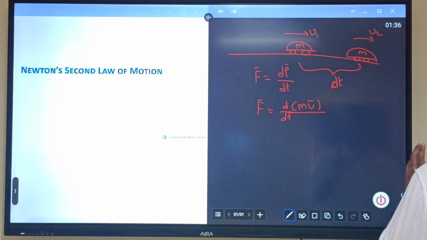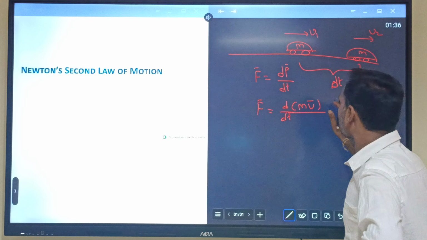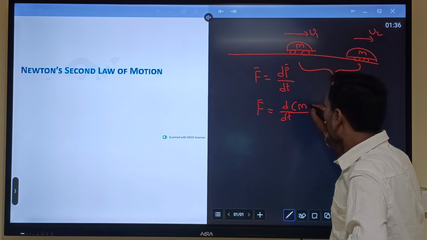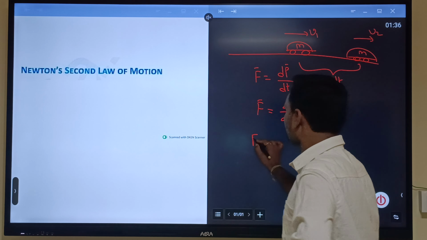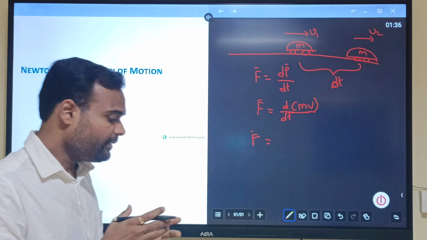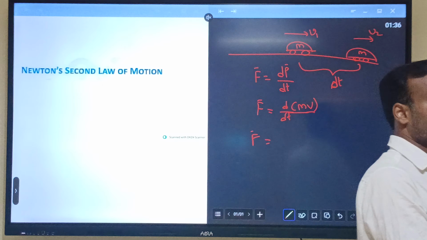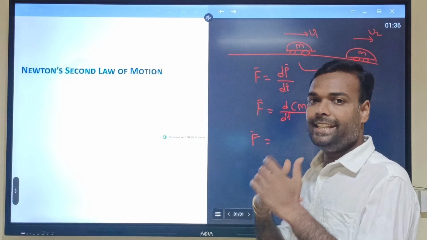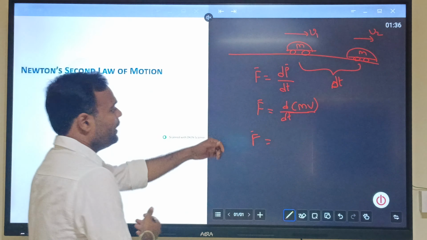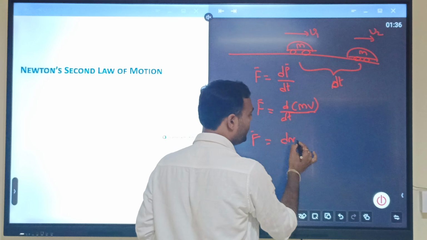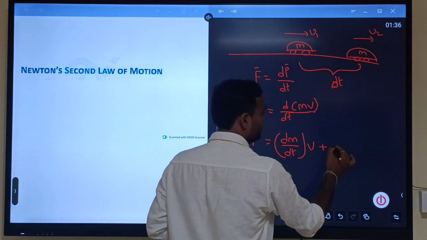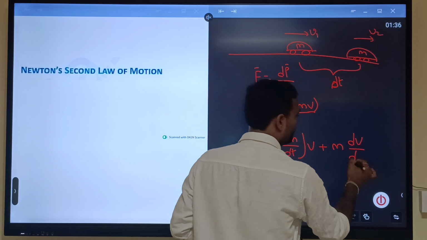Momentum is equal to mass into velocity. Note one point here: there are two possibilities. Number one, there is a possibility of change in the mass. The second possibility is change in the velocity. Now we can write it as dm by dt of v plus m dv by dt,